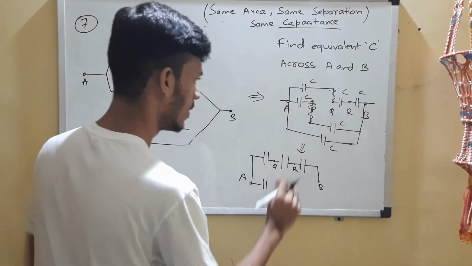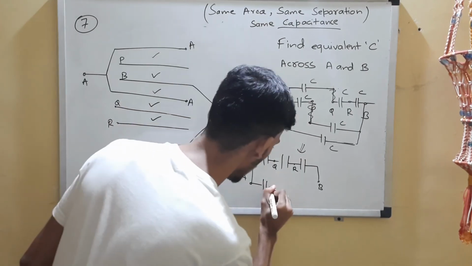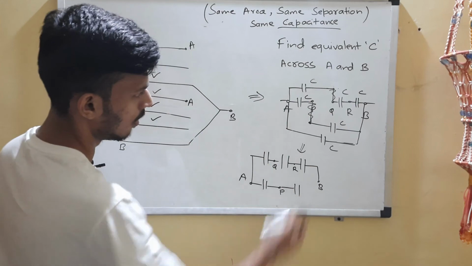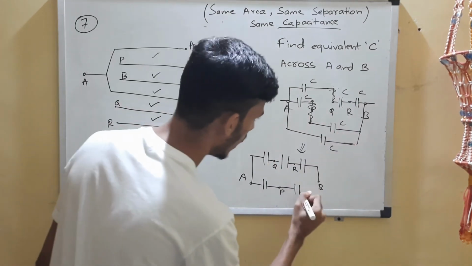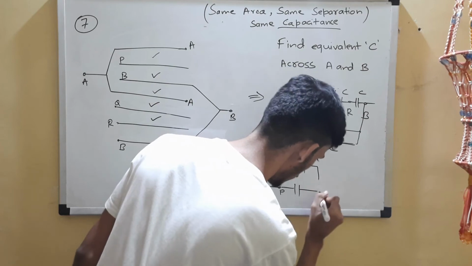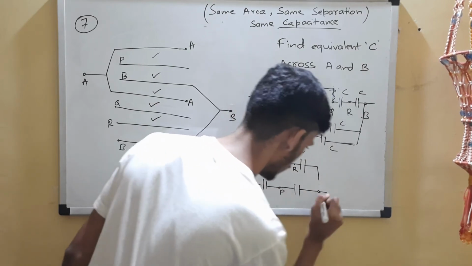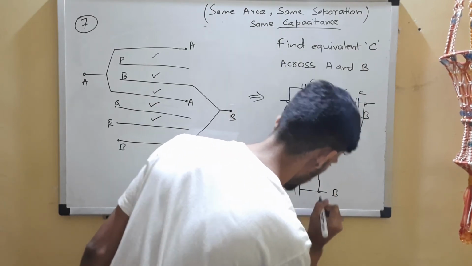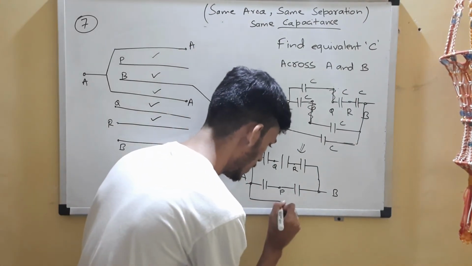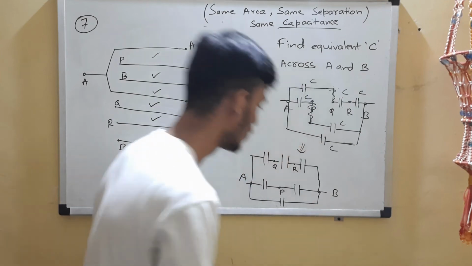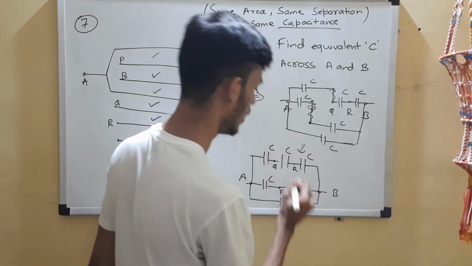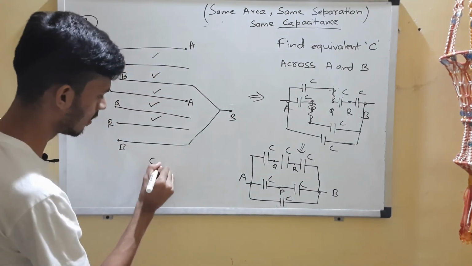Now, time for this. Remove this extra piece, get them in line. So A, here you have P, and here you have one more capacitor after that, and finally it goes to B. I will draw B over here. And finally you have only one capacitor between A and B. So each of them has capacity C.